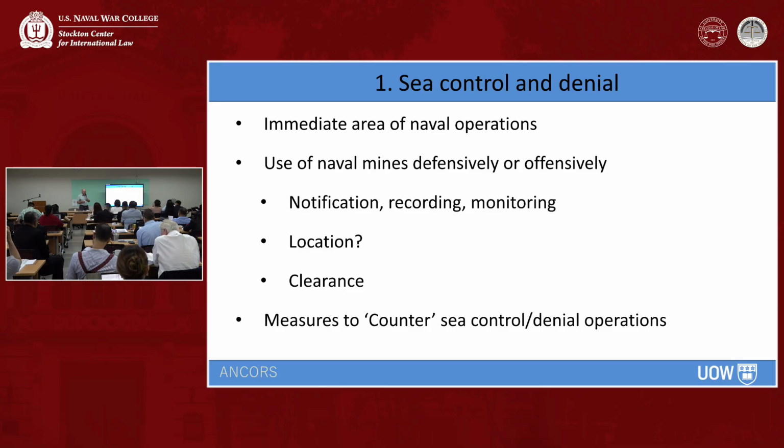So setting restrictions, and the way that the British tried to deal with that as the task force was heading south was to have basically a mobile immediate area of operations. So it followed the task force as it went south in the South Atlantic. And so that can certainly be imposed,